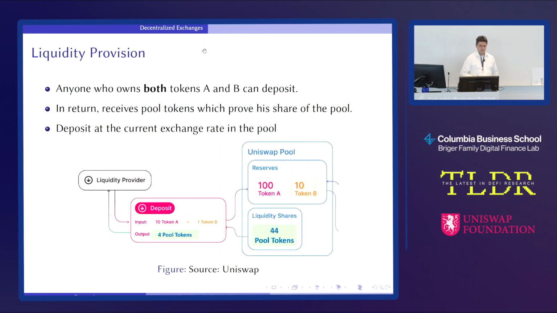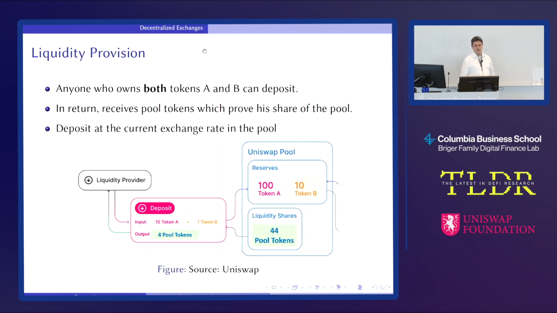Okay, so I'm going to briefly recall what the decentralized exchange is. I think we all know, and we have also seen it earlier in the conference, that basically it's a pool where liquidity providers or market makers are depositing assets. In this case, these assets are referred to as tokens, and they receive pool tokens in exchange to prove their share of the pool. So essentially, after they deposit, they become shareholders of the pool, and they're entitled to receive some fraction of the wealth of the pool, depending on their participation.